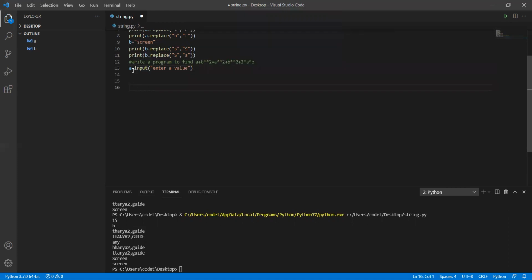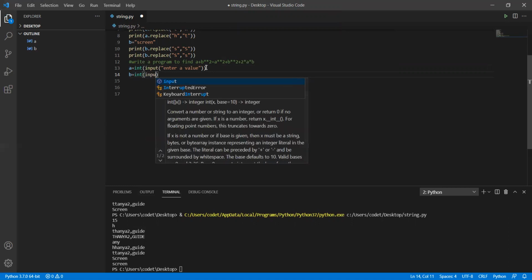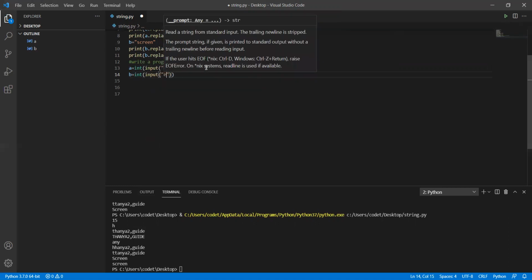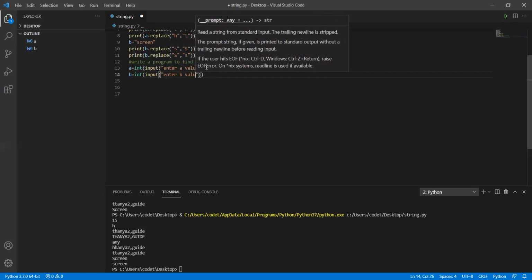I want to remind you again and again that if you don't specify integer or float, by default the Python interpreter will assume it is a string. So we need to write int, and close the bracket at the end. Now write the same thing: b equals int of input, enter b value.